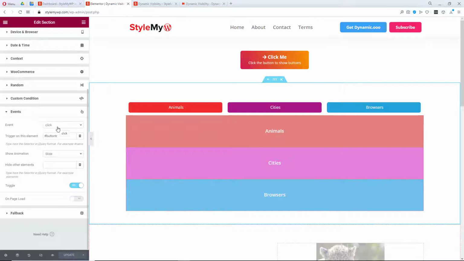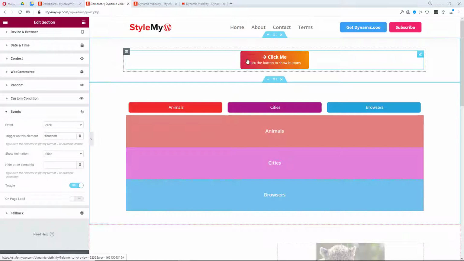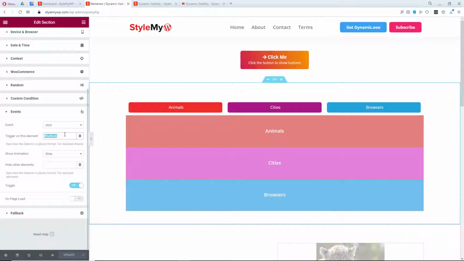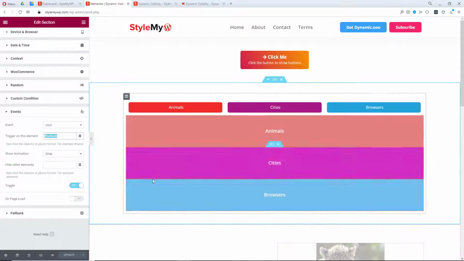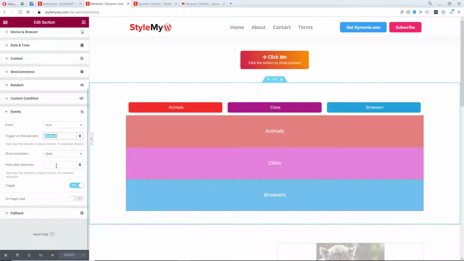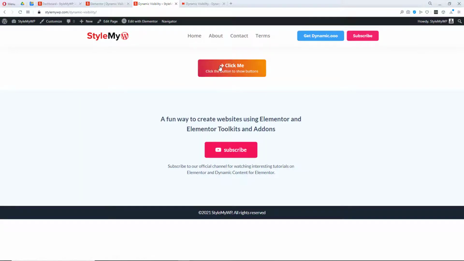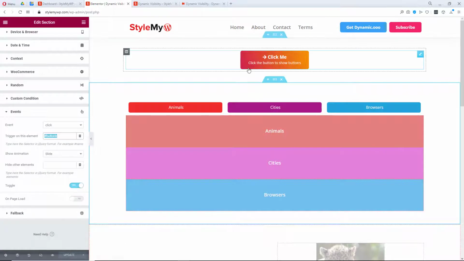So when the click event is triggered, the class of this button is triggered based on the click event, and it shows this section on slide. I am not hiding any other element on click, so I am leaving this empty, and I have toggled it. So whenever I click and click back, it appears and disappears. So I have used toggle. So this button ID is the trigger for this section event, right?